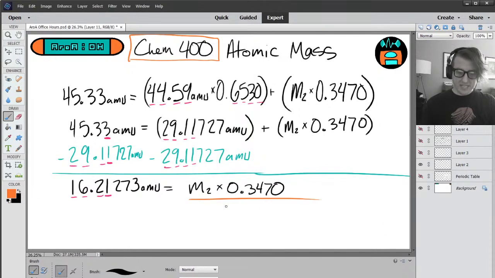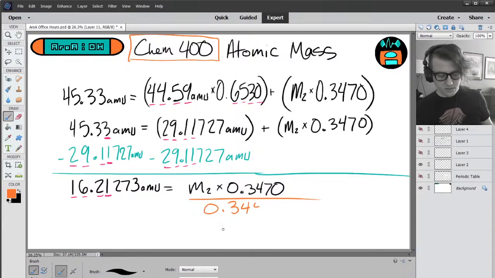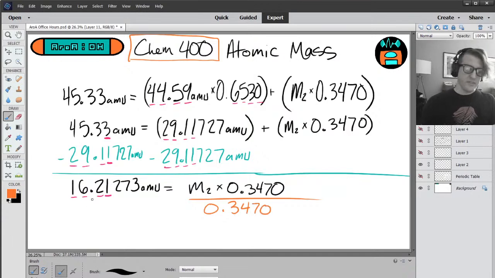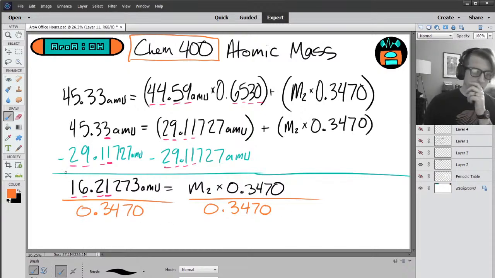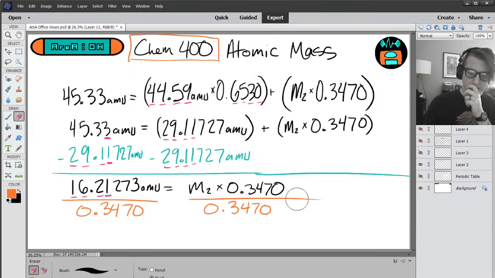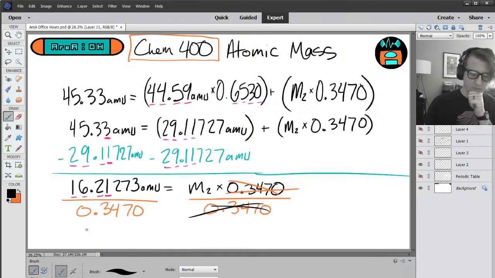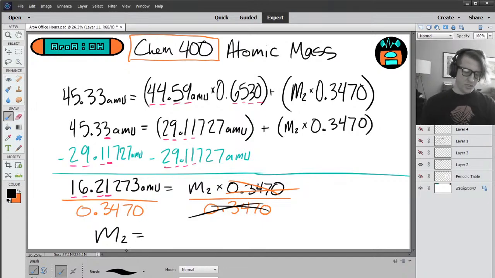Now, to solve for the mass of our second isotope, we need to divide both sides by 0.3470. Once we do it, you'll notice that cancels from this side. So we simply get our mass of our second isotope, 16.21273 divided by 0.3470 gives us a mass of,